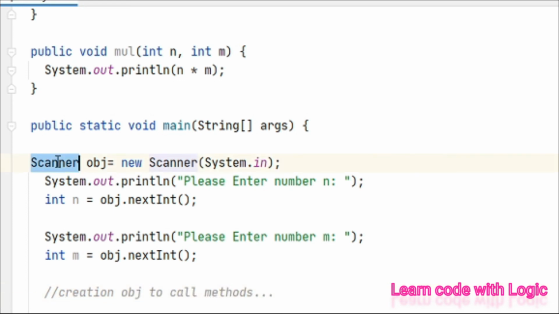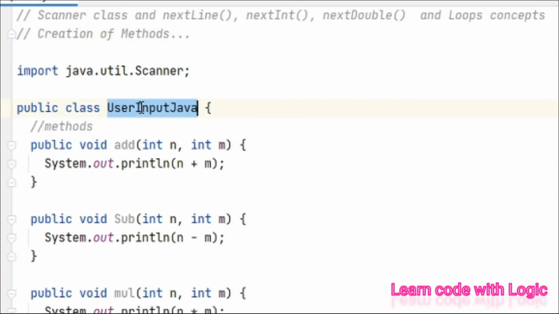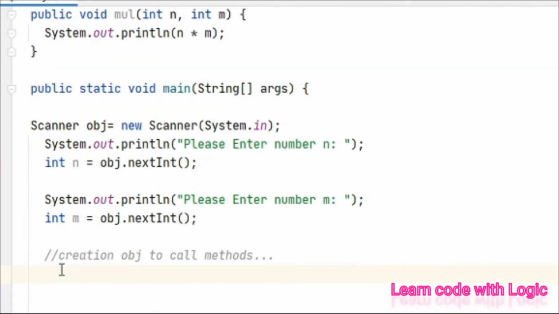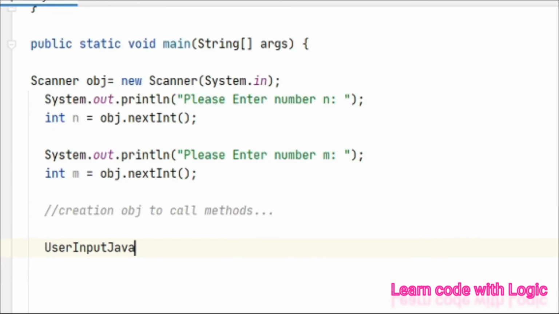Scanner is a predefined Java class. These methods are predefined Java methods, but here what we are doing is creating an object for our class to access our methods and variables. This is the best example to understand what predefined classes and predefined methods are, versus user defined classes and user defined methods. UserInput is my class name, and this is my object: new UserInput();